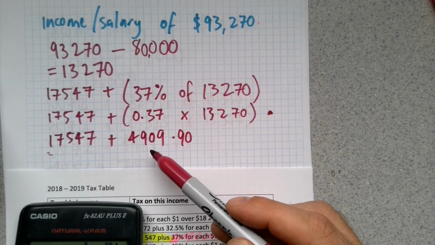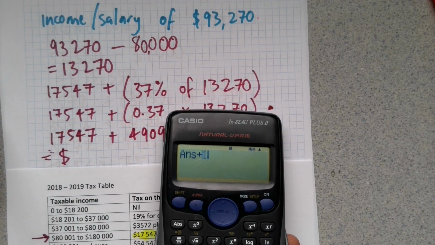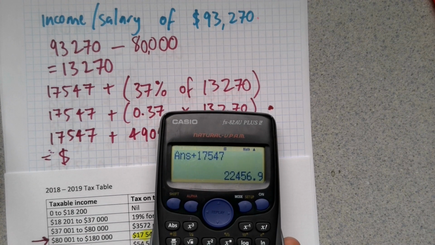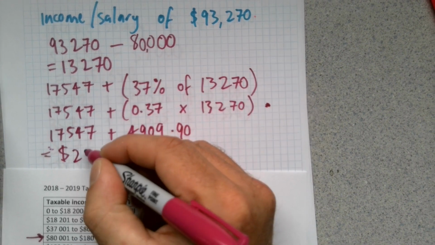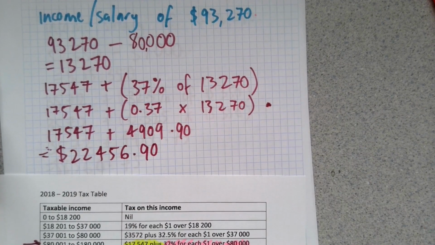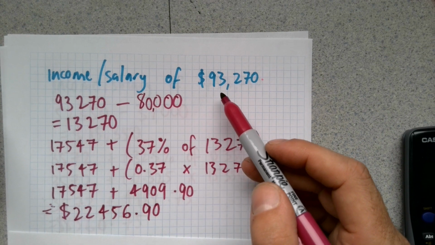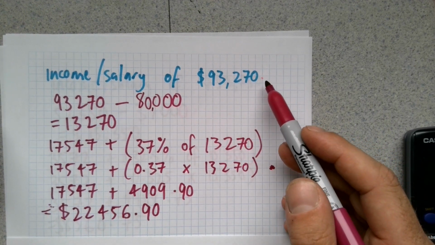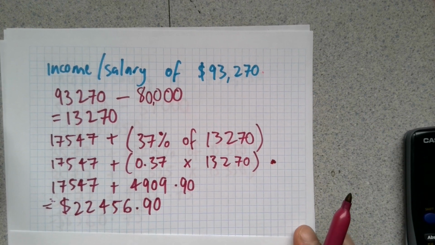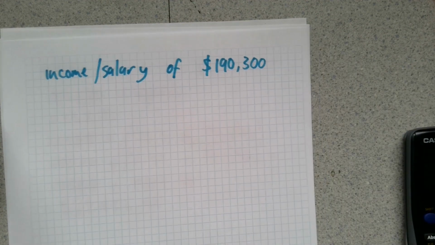17,547 plus 4,909.90, which gives me a total of 22,456.90. Okay, so quite a lot of tax, but again, you know, that is a substantial income. And we'll go through later the difference between a gross and a net pay, and how to calculate that as well. Final example I'm going to show you is a salary of